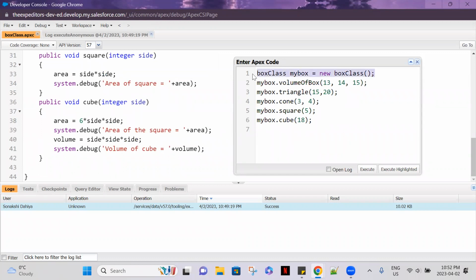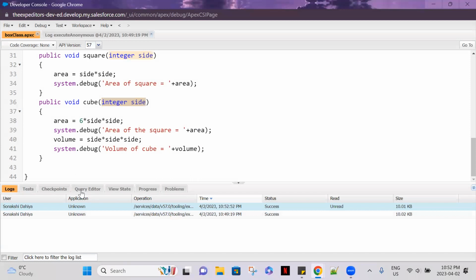So this we defined already for the object, like how we do it in Java. So we defined an object, which is my box. And I'm using my box and then calling the methods. And as you can see, the input variable is like this, and this is the value that I'm using. So the side is going to be 18, and that's how it's going to give me the value. And yeah, once I execute it,